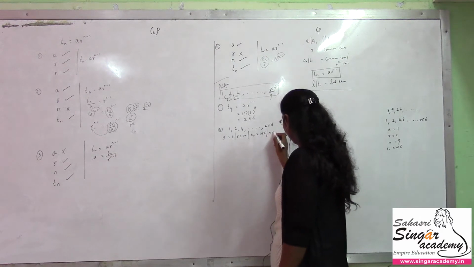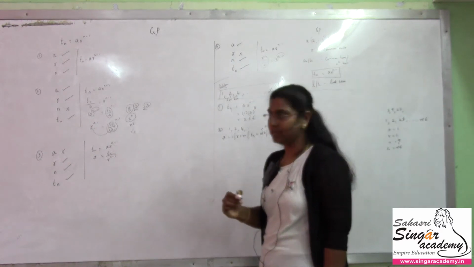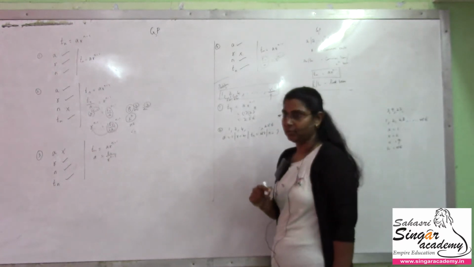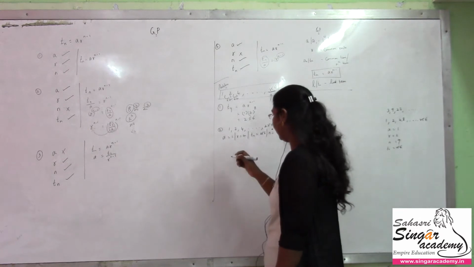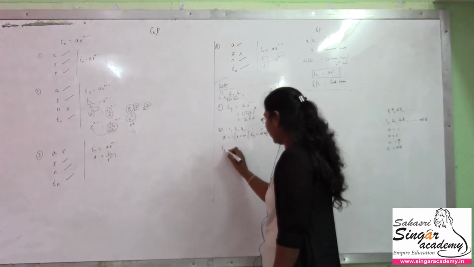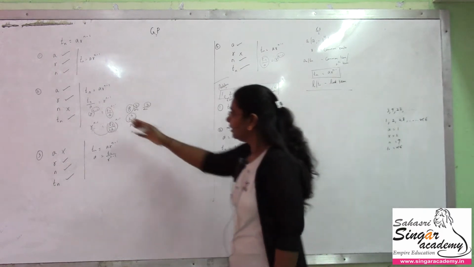You may be asked to find n. Which term of the series or which term of the sequence is 256 nu kepanga. So in this case I need to find the n value, that is n engiradhu enna nu kandupidikkanum. So I have tn is equal to a r power n minus 1. Direct substitute pannalam, ipriyum pannalam.